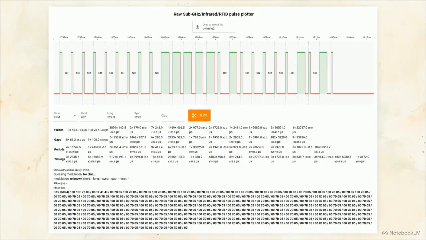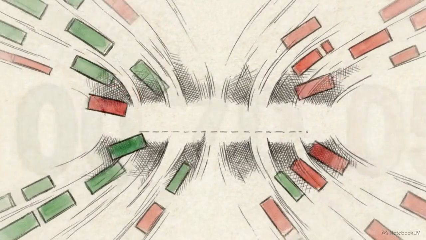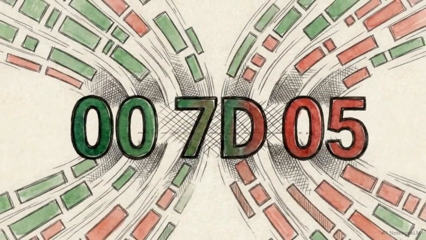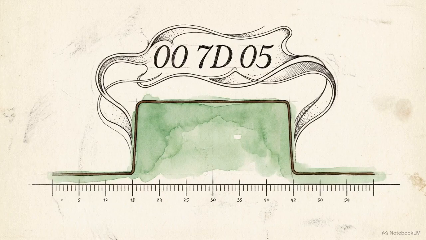Scroll down to the bits output section at the bottom of the plotter. Here, the tool interprets the pattern of those pulses and gaps and outputs the final translation in hexadecimal formatting, revealing values like 00, 7D, 05. By converting time-based radio bursts into a structured hexadecimal sequence, you have successfully extracted the exact digital password the remote transmits to communicate. You started with an invisible environmental transmission, mapped out its exact microsecond timings, and decoded its core